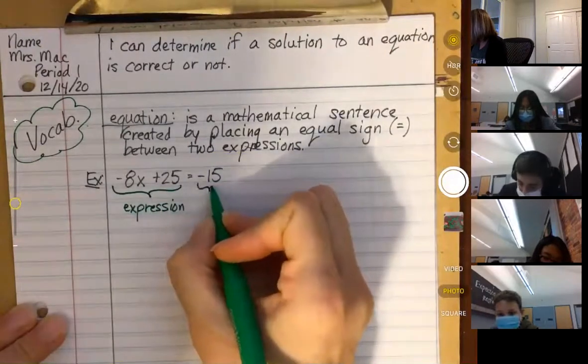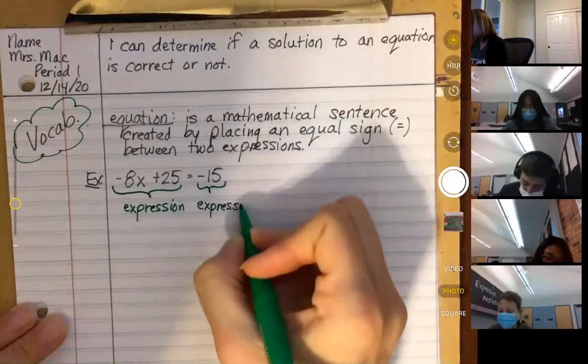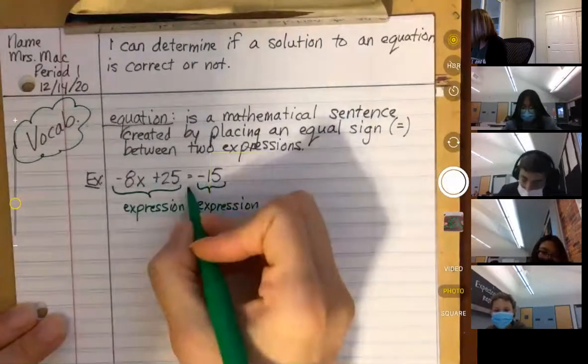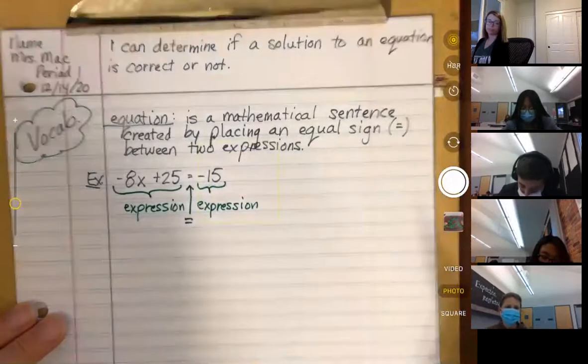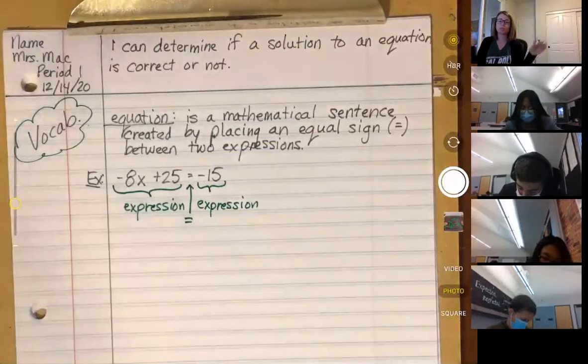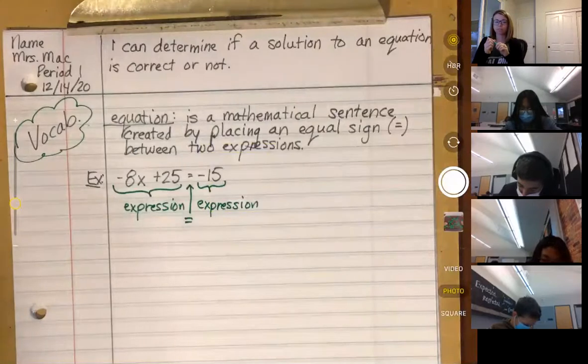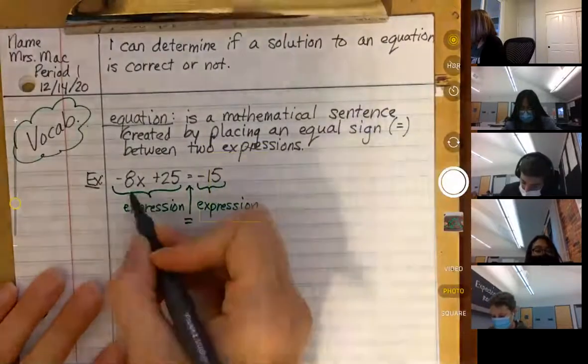And this over here is an expression. And it's connected with an equal sign, okay? So that's all we're doing when we create equations is we're taking two expressions and connecting them with an equal sign, okay? Now for this problem, I want to see if x